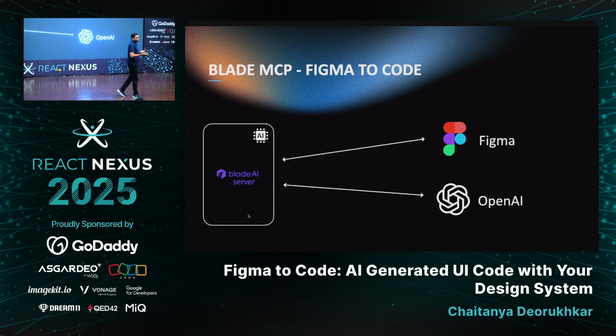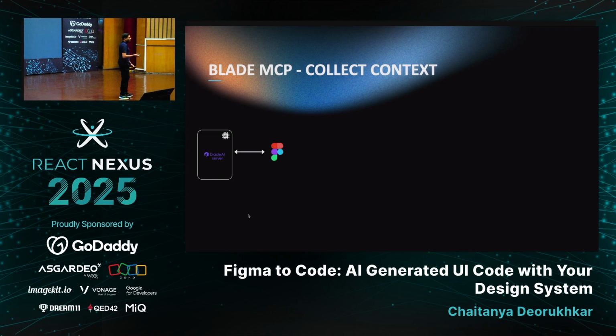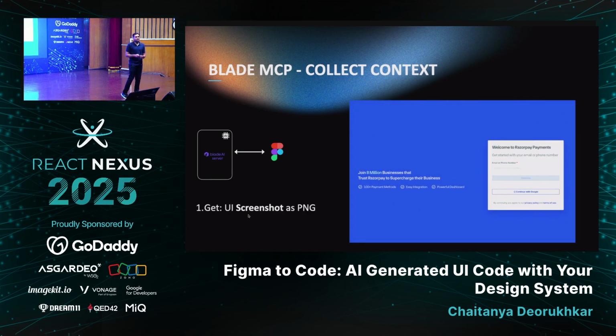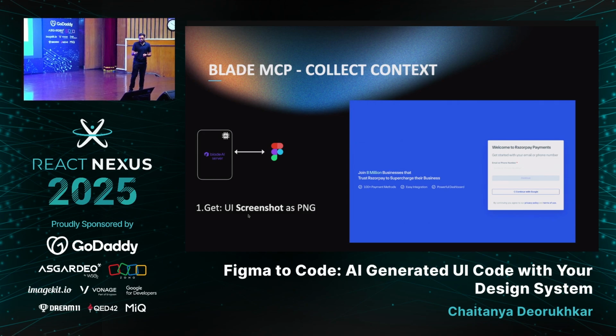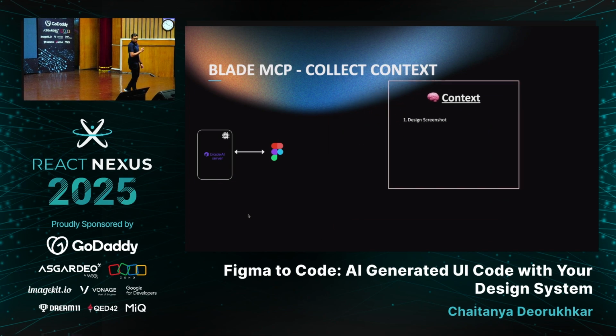that URL into code. So first up, we are going to talk to Figma and collect as much context on the design as possible. And that context will help the LLM generate better code. Because we know the exact link to the Figma file, we're going to ask Figma to give us a screenshot of the design. And I'm going to maintain a context store where every context I collect, I'm just going to dump it here. So the first thing that we've collected is the screenshot of the design. We've put it in our context store.